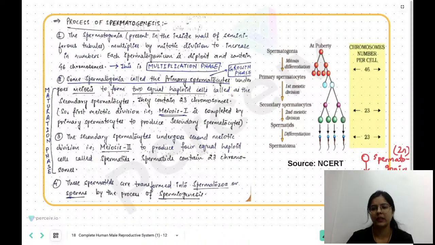क्योंकि इसमें हमारा रिडक्शन डिवीजन हो गया है, so you can see over here. अब इसमें होगा सेकंड मियोटिक डिवीजन। तो जब इसमें सेकंड मियोटिक डिवीजन होगा, so this cell will produce 2 cells and this cell will produce 2 cells, तो इससे हमें टोटल 4 सेल्स मिलेंगे. A total of 4 cells will be formed, and these all 4 cells are called spermatids. ये हो जाएंगे spermatids।